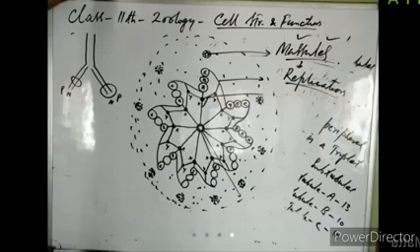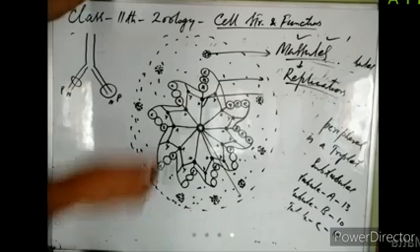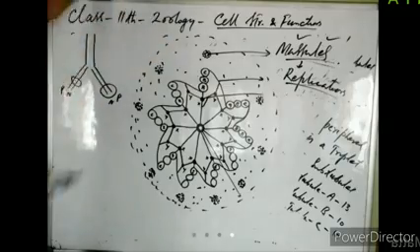So the function of these centrosomes is to organize the spindle during the process of cell division, and they also replicate many times and migrate towards the periphery of the cell in ciliated protozoans and flagellated protozoans, where they give rise to cilia and flagella. And in mammalian sperm, it is the distal centriole which gives rise to the axoneme of the sperm tail. So that is the function of the centriole.